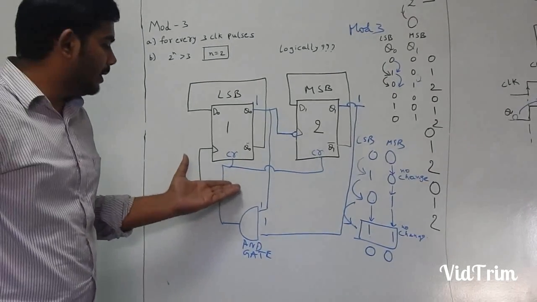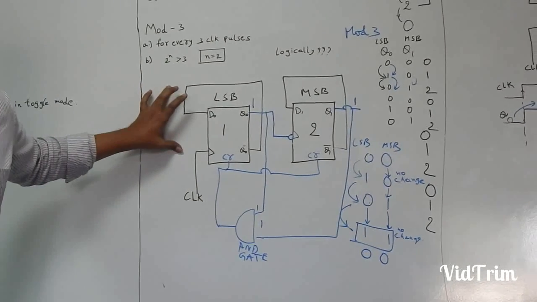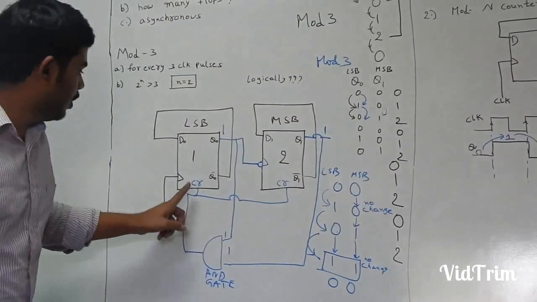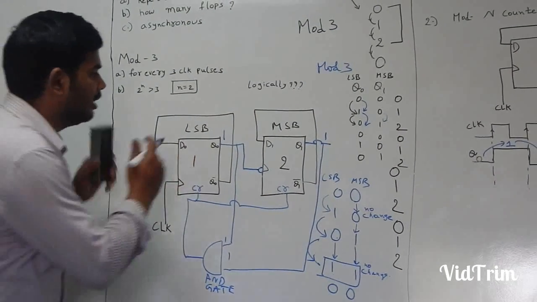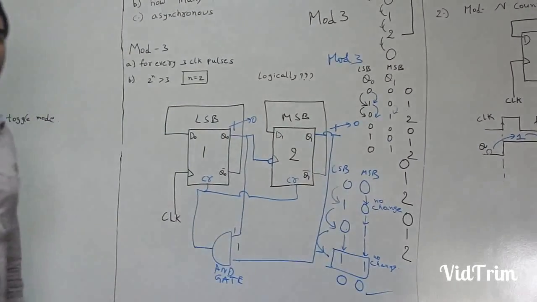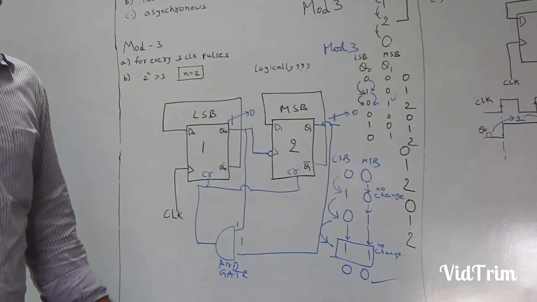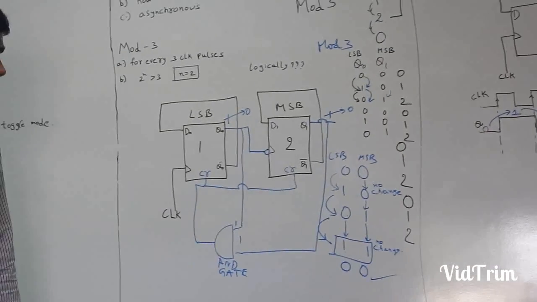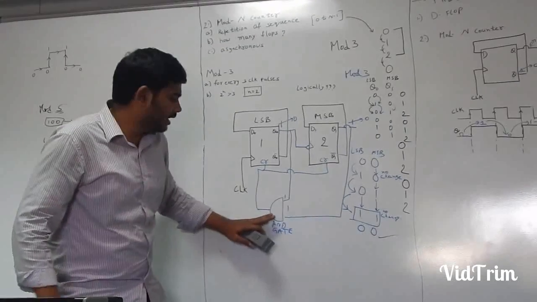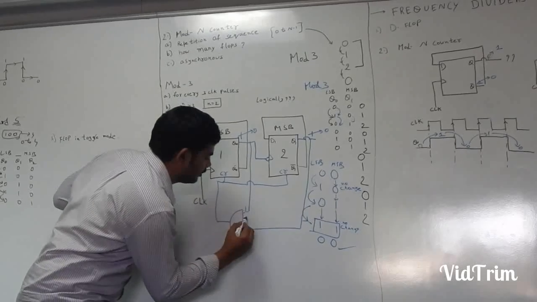So obviously what will happen: when clear is active, whatever may be the input, that doesn't matter, the output will be 0 0. See, whatever may be the input, the output will suddenly become 0 and 0 and our requirement is satisfied. Now I am saying there could be n number of ways to solve this problem. Like I told, suppose I take here, what if I take here both are ones?